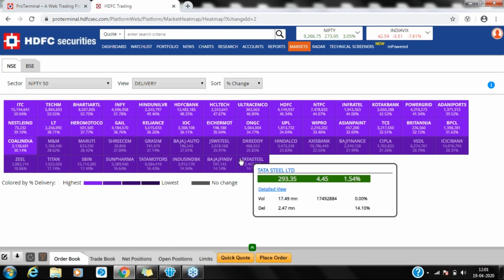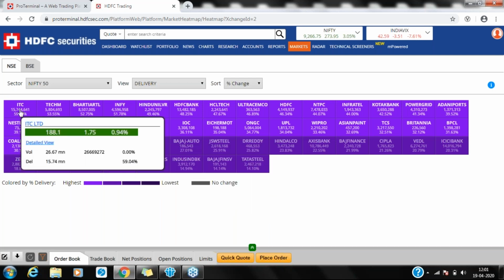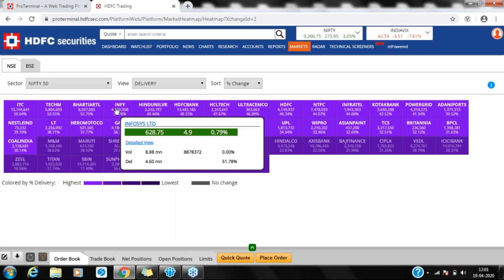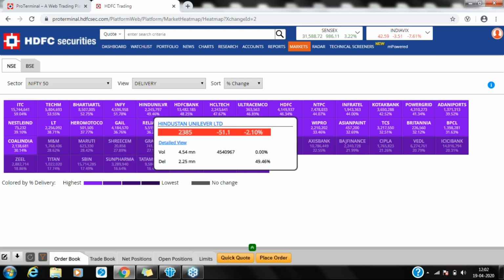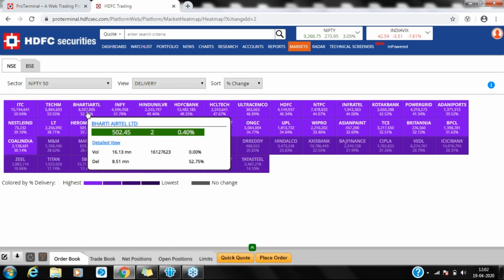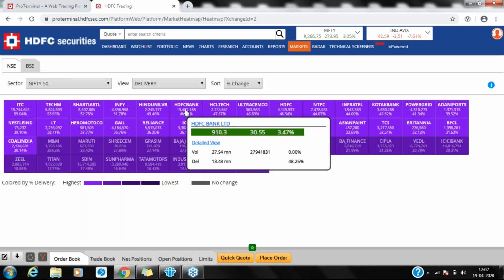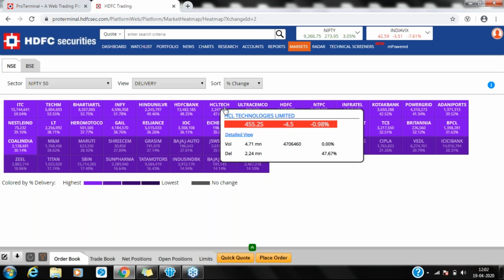Okay, again, if the delivery buying is higher, it increases the chances of a stock going up. That does not mean that it will go up, but it only increases the chances of the stock going higher. So this is something that can be used for taking a proper trading decision. If you have any bullish view on a stock and it's also showing higher delivery buying, that means in the coming days or weeks, the stock might go up. So you can use this filter to take better trading decisions.